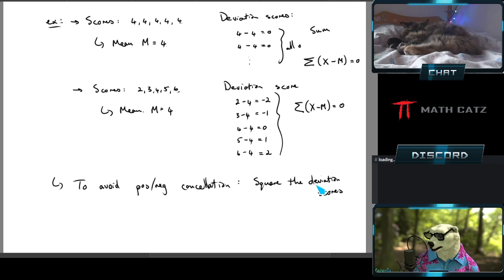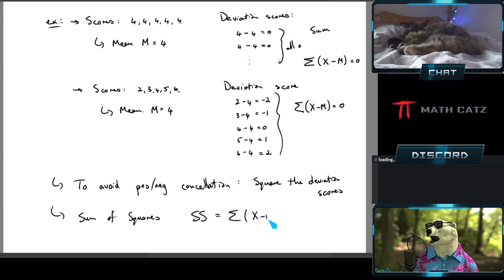Deviation, like there's an i there. I'm going to square it. So I'll then call it the sum of squares, SS, which will be the sum, that's my sigma, of the deviation scores squared. Because if I take any number, negative or positive, and I square it, it'll be positive. So now anything that doesn't sit directly on the mean will contribute to the sum of squares, and no cancellation